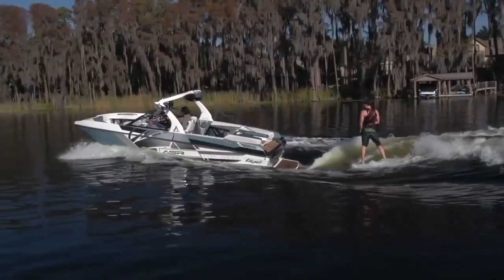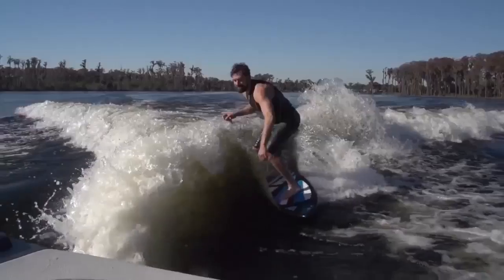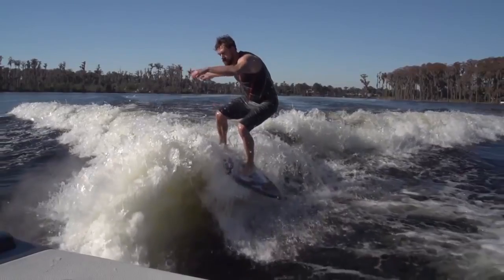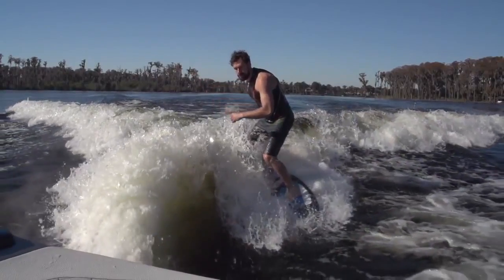I surfed the Taiga ASR at 11 miles per hour with 2 people on the boat with full port ballast, starboard bow ballast at 75% and rear at 40%. We had ballast to simulate 3 or 4 people and taps was between 4 and 6. Normally I would say where we ended up with the wake shaping device, but for 2015, Taiga puts the surfer